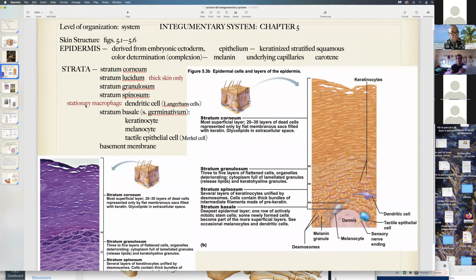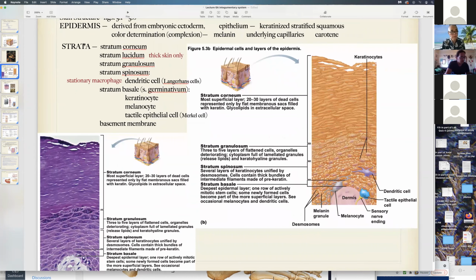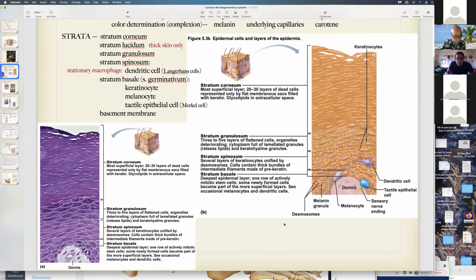So for the skin structure, for the superficial part going in, you have the epidermis, and we'll start at the bottom part of the epidermis and continue to go up. So at the very bottom, you have the basement membrane, which is not shown here. When you enlarge something to this size, you should have the basement membrane. So they didn't label that. Okay, so the basement membrane is here. And then